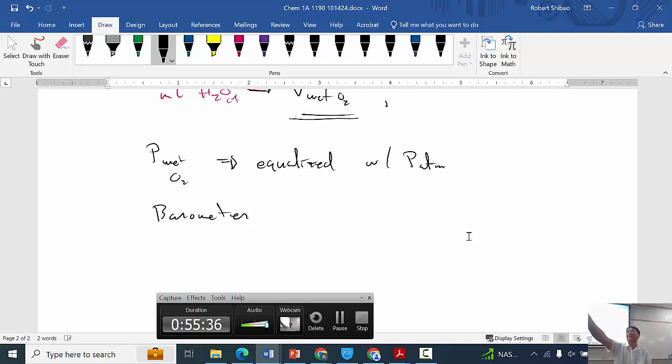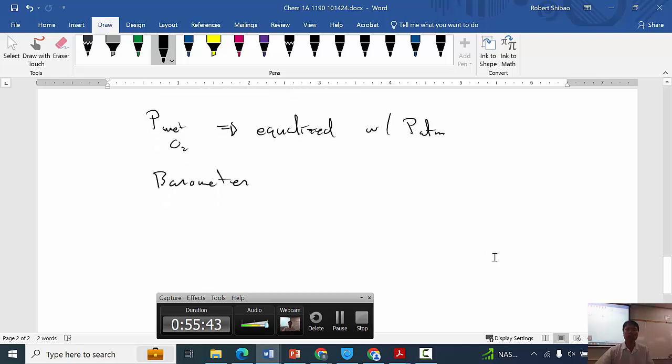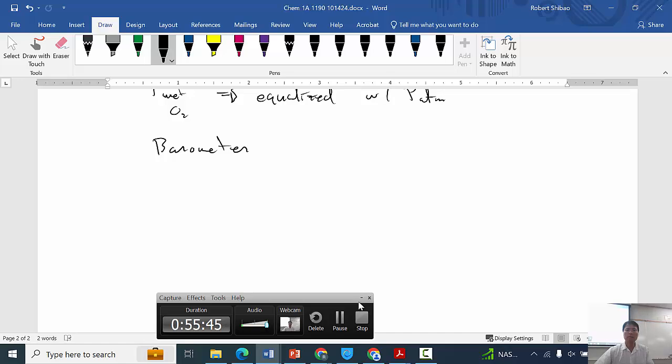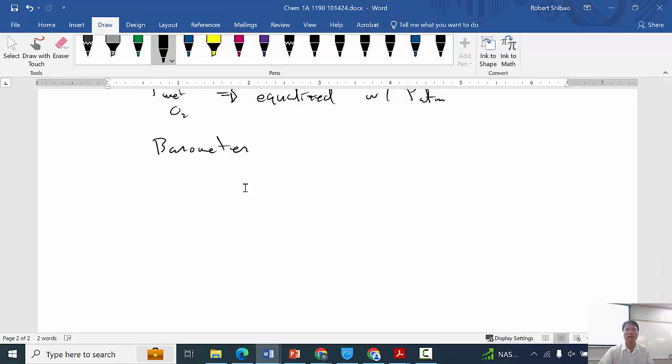The barometer is mounted on the wall next to the fire alarm. So you're going to go over there and measure the pressure on the barometer. If you take a look at the barometer,